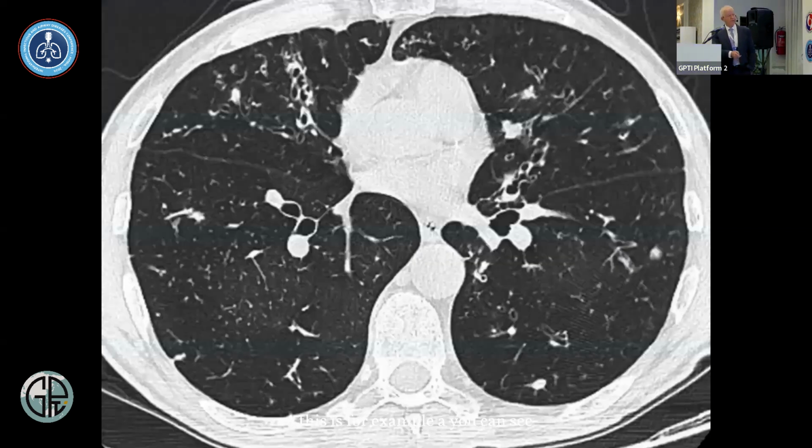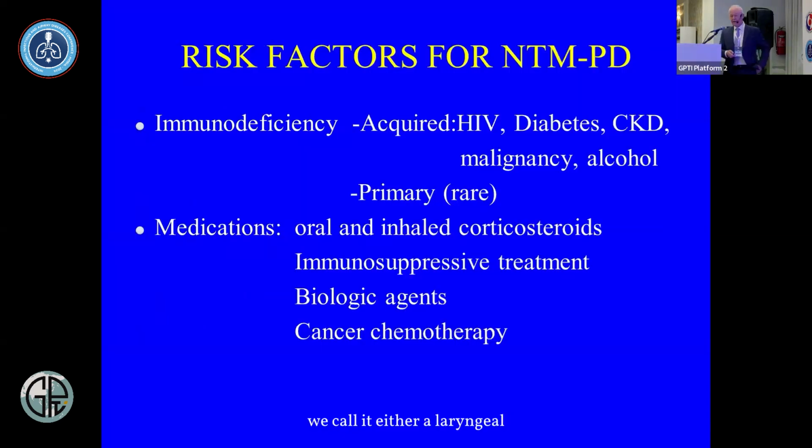Okay, so this is, for example, you can see there's a bronchiectasis here in the middle lobe and in the lingula. Some of them not quite as signet ring appearance, but quite wide and a little bit of tree-in-bud. And in these patients, we call it Lady Windermere syndrome. It can happen in males as well, and it's not necessarily just in the middle lobe and lingula. It can happen in other lobes as well.